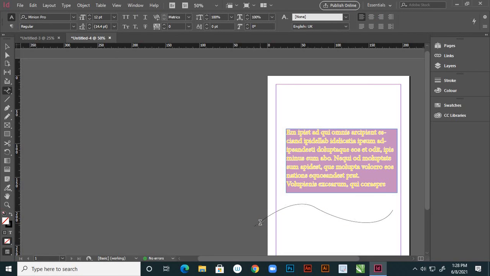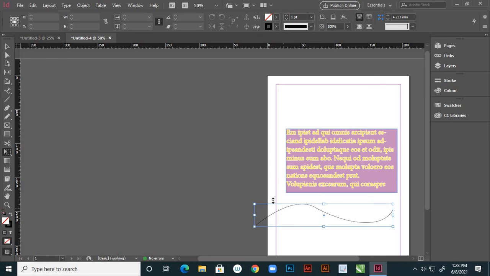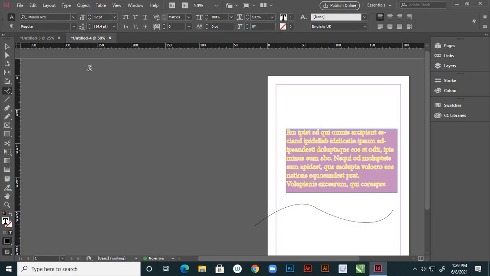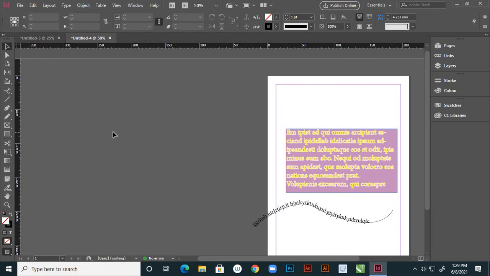And click here and type your text. Suppose here it is, yes. So the font size you can increase, yes, see this. It is the same as how you did it in Illustrator, the same way you can use this type on path tool. So it is very common, right?